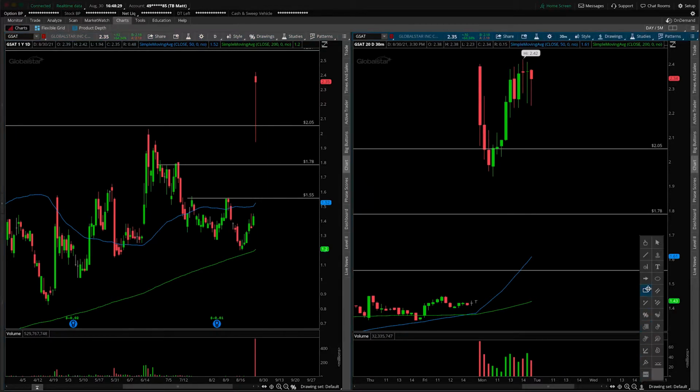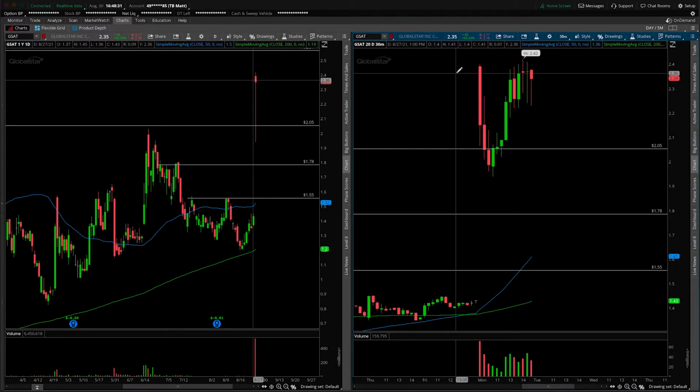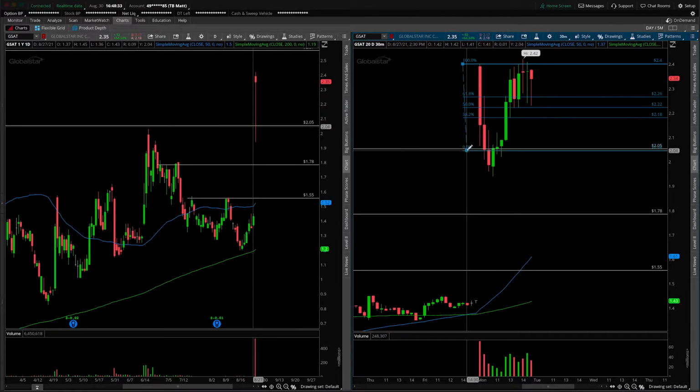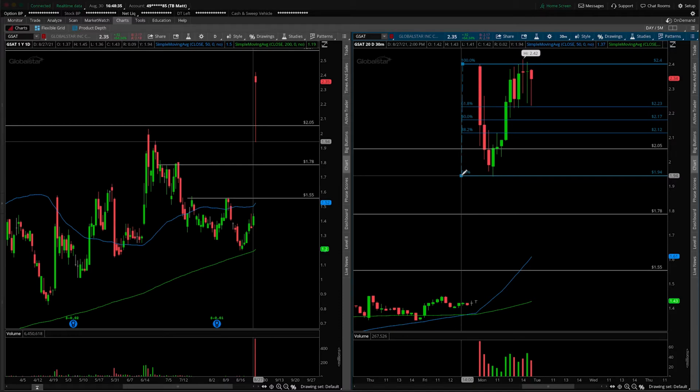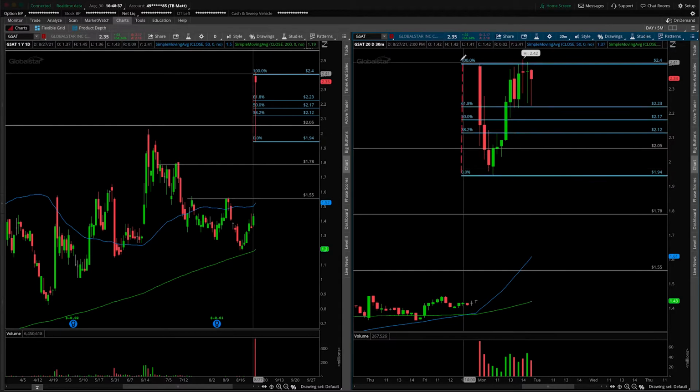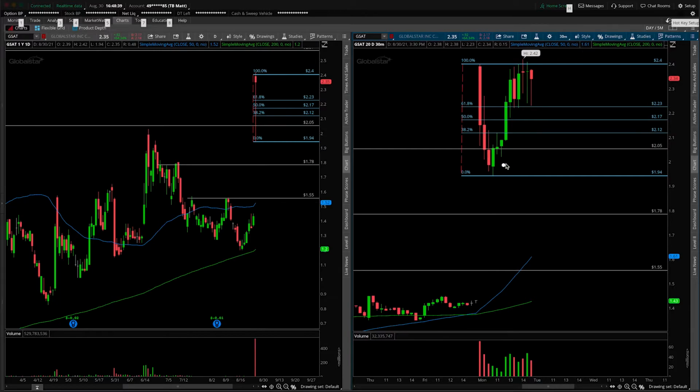So what we'll do from the intraday perspective now is take out the Fibonacci's, go from the high of the move all the way down to the low of the move, essentially just looking at today's range here. And there's a couple of ways you can look at it. Because we went from the high to the low first, basically, if this was more bearish, we would have turned here at the 38.2 and then dribbled lower for the gap fill. Instead, clearly we broke the 50, broke the 61.8, made the 100% retracement,